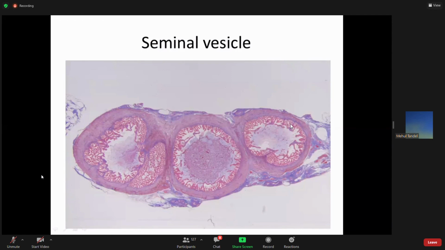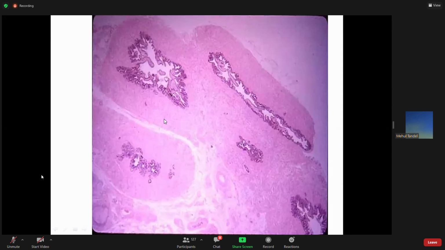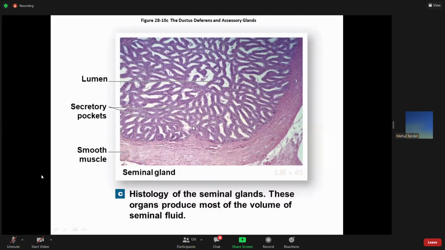Without cilia. So this is how it appears under the low power. You can see the branching of mucosa. Okay, so here you can see branching of mucosa. It may look like, you can say, uterine tube. Okay, so we usually do not keep this slide during exam.